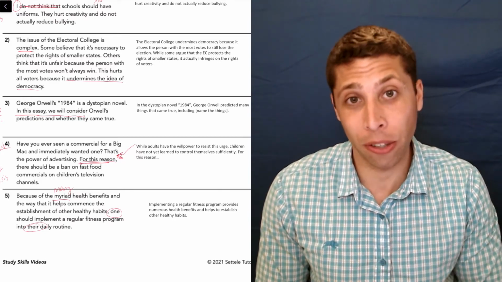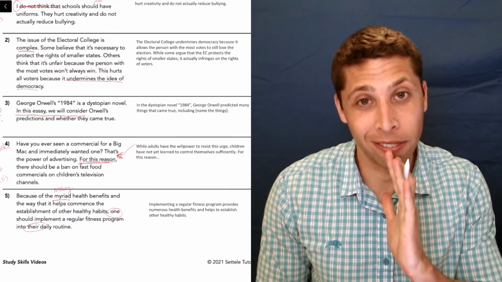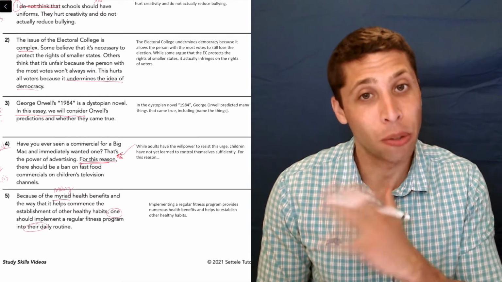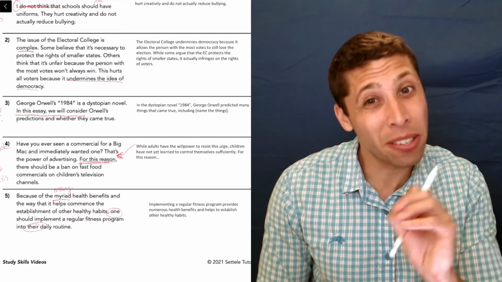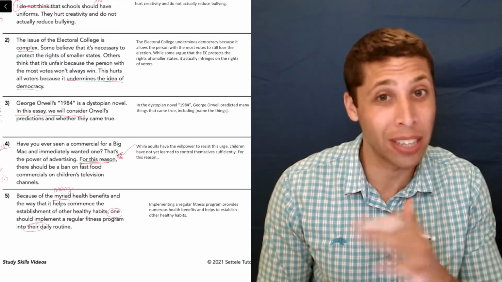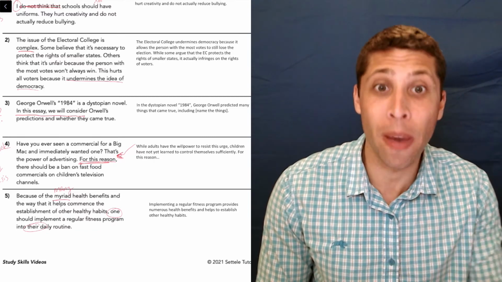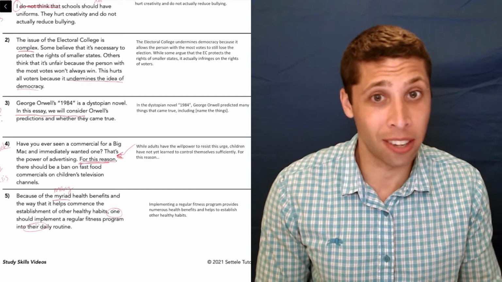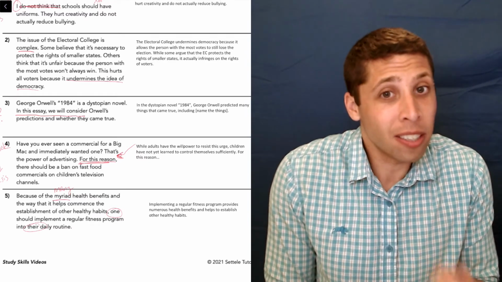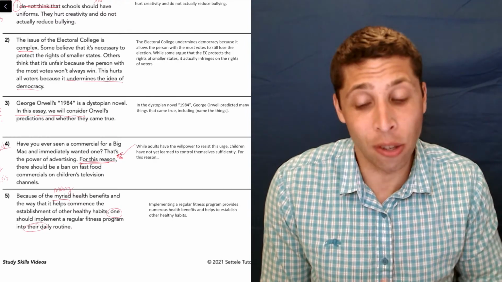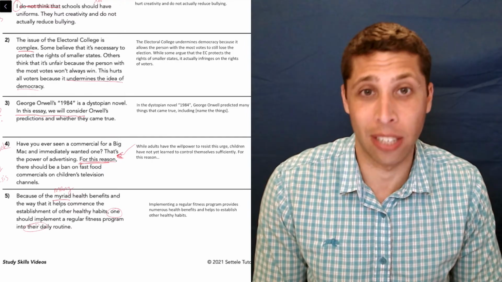You really want to make sure you are getting your point across right away. You can be clever in the body paragraphs, because once your reader knows what you're arguing, if they miss something because you used a weird word or whatever, that's okay. They'll still kind of get the gist of what you're saying, and they'll know what you meant. But if your thesis is unclear, they're going to spend the next couple lines at least trying to guess what you meant, and you really don't want your reader to ever have to guess what you're saying.